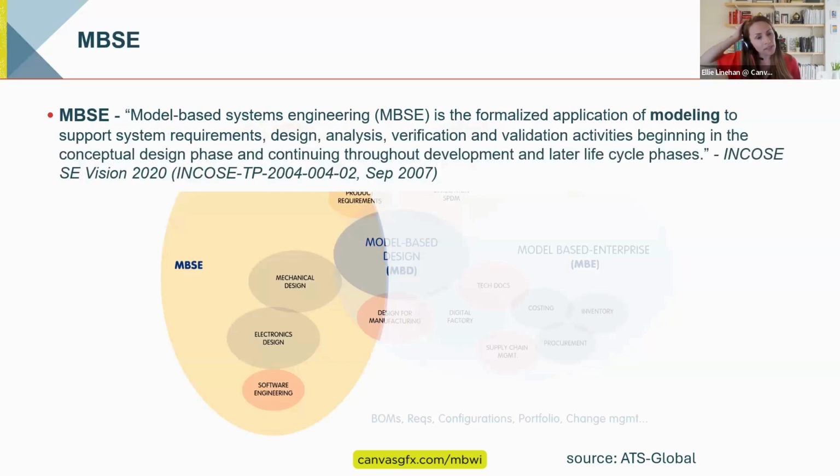And then MBSE is really the systems approach to modeling systems to enable design, analysis, V&V, simulation for the full life cycle, and largely uses SysML, which is a dialect of UML, and tools like Cameo and MagicDraw to model whole systems and simulate those 3D models before they're ever in production to verify that they meet certain requirements. So that's our quick overview of MBX, just